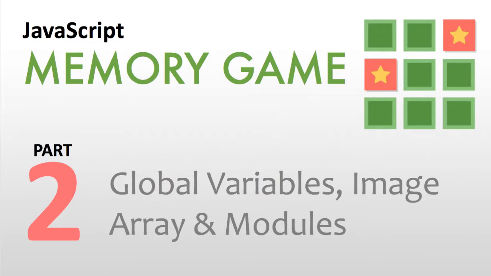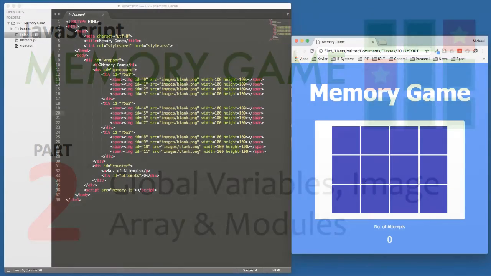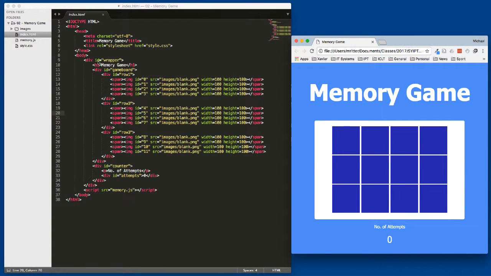G'day guys, welcome back. This is part 2 of our memory game project tutorial. So by now you should have downloaded the project files from our Moodle course from the demo projects folder, extracted that, loaded it in your text editor, and had a little look and seen that we've got our